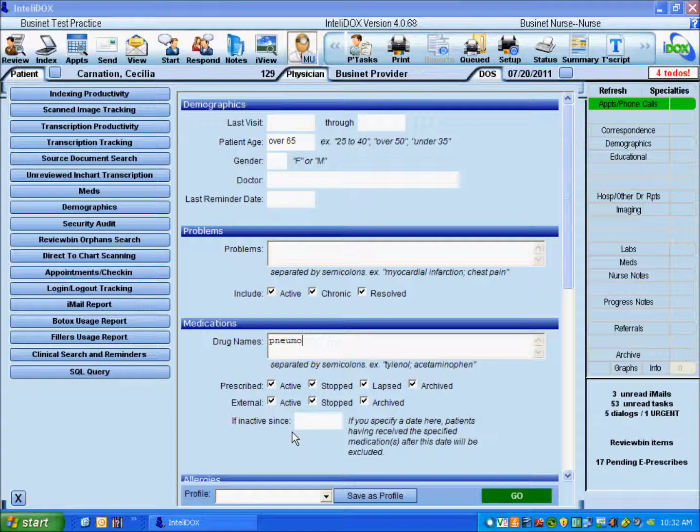Let's say that we're looking for patients who have no entries of pneumo in their meds list within the last 5 years. I'm going to click my mouse cursor in the If Inactive Since field, press the T key on my keyboard to enter today's date, then I'm going to change the year to 5 years ago today. These settings should give me a list of all patients 65 and older who haven't received a pneumonia shot in